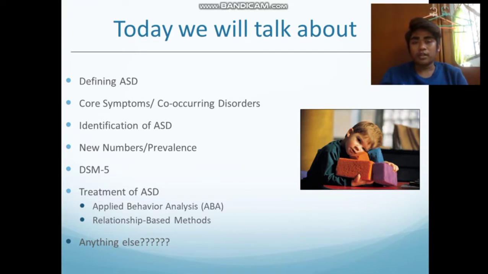Today we talk about defining ASD, core symptoms and current disorders, identification of ASD, new numbers, prevalence, and the DSM-5 treatment of ASD, applied behavior analysis (ABA), relationship-based methods, and anything else. Okay, so